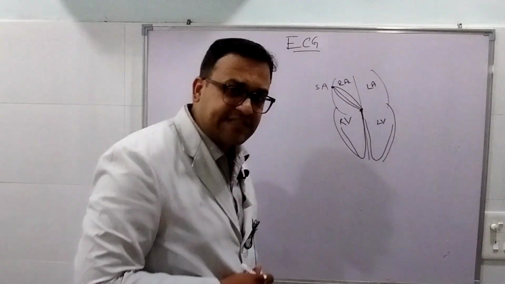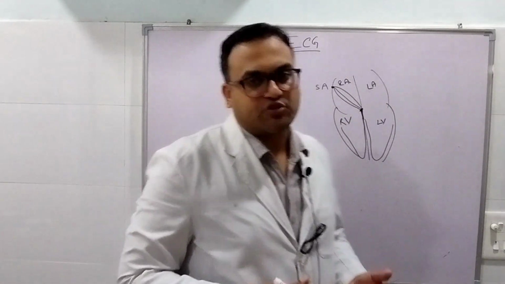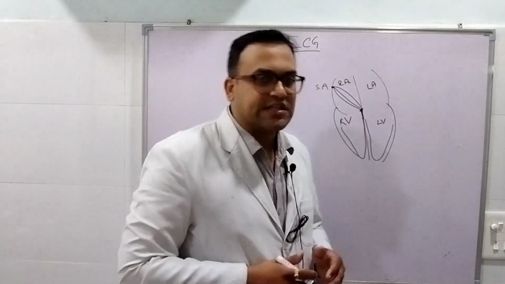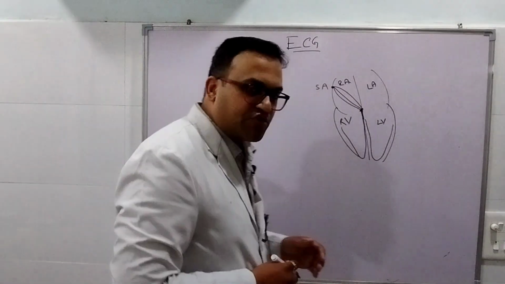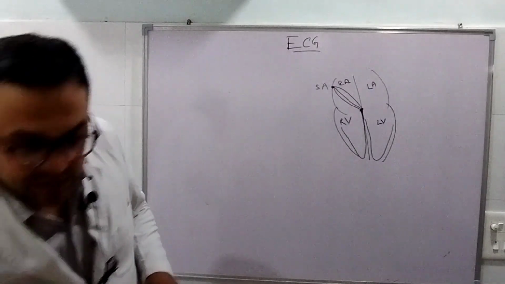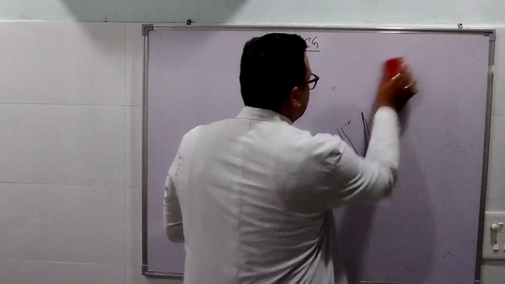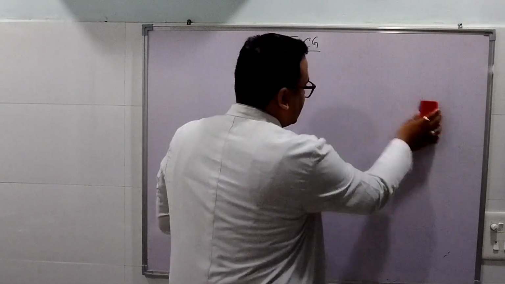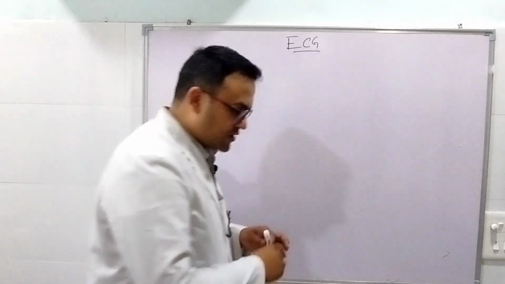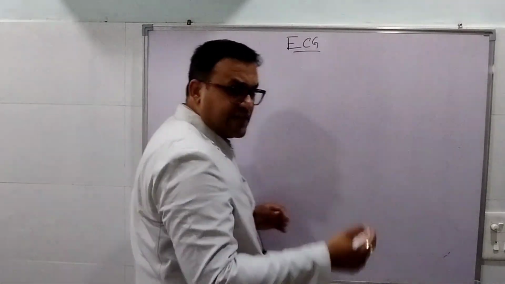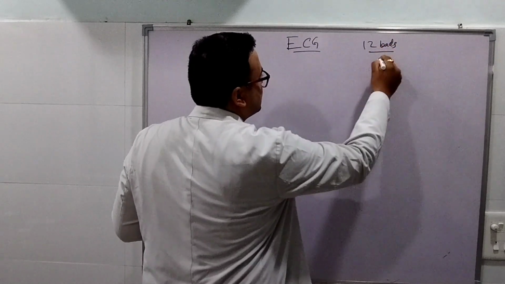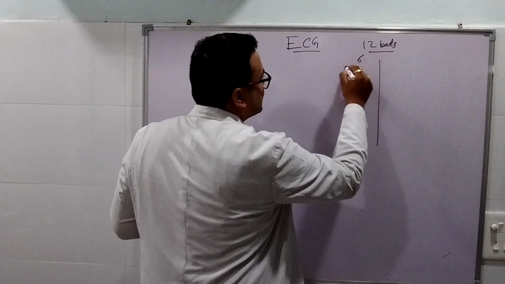To record an ECG, we have to place electrodes. All of you must be familiar with how to record an ECG. So we place electrodes in the limbs and in the chest. We'll be discussing now the placement of these electrodes. There are 12 leads which we take for an ECG. Out of them there are 6 limb leads